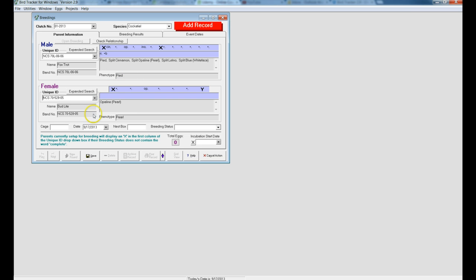And we're going to breed him to our female. We'll put him in cage number 4. Put him today. And we'll give him a nest box. Right now, they're both not interested in each other. We hope that will change. Once they begin to be interested in each other,